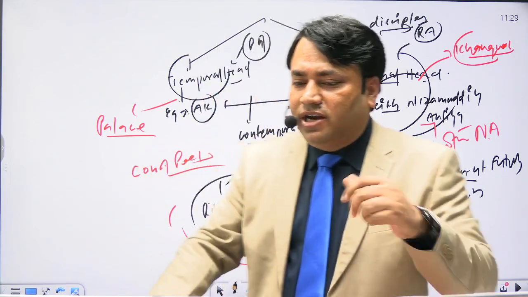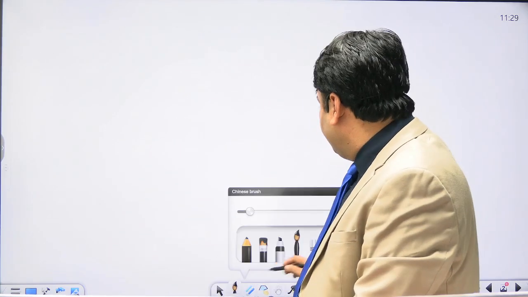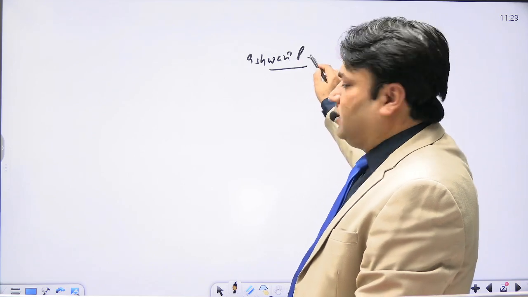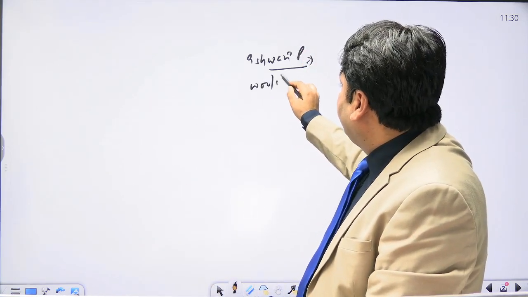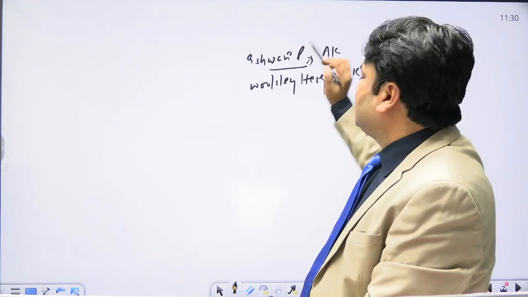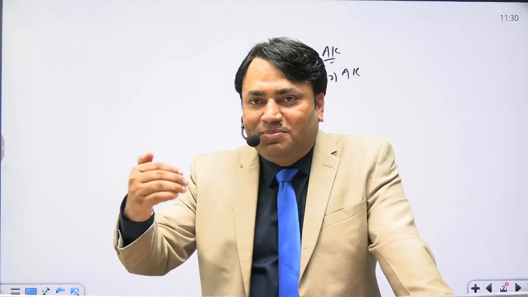Now what comes next? The secondary sources. You will come across the names of many historians, for example Ishwari Prasad. He also writes about Alauddin Khilji. And Wolseley Haig, in the Cambridge History of India, is also a historian who writes about Alauddin Khilji. So how are they portraying Alauddin Khilji? There are multiple perspectives.